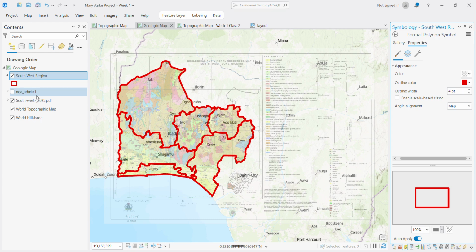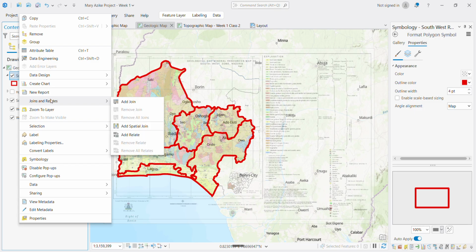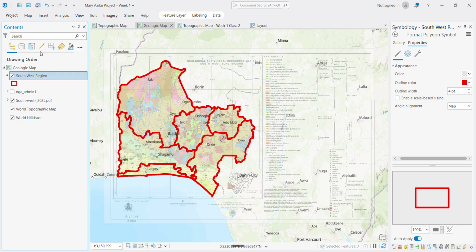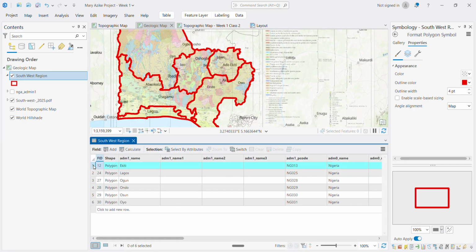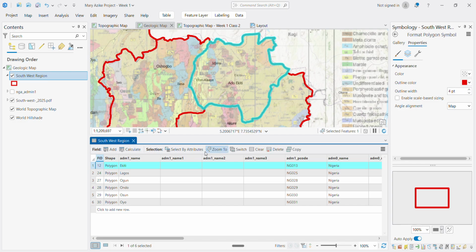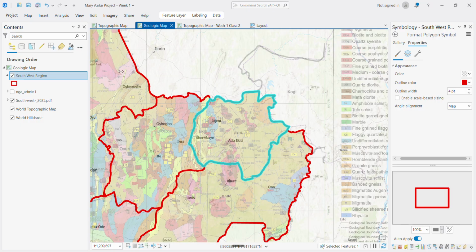Ekiti. So our next step now is to zoom in to what? Ekiti. I'll open the attribute table and then I'll double click on Ekiti. So this is Ekiti. This is our area of interest. This is what we want to work on, right? So let's go back to this southwest